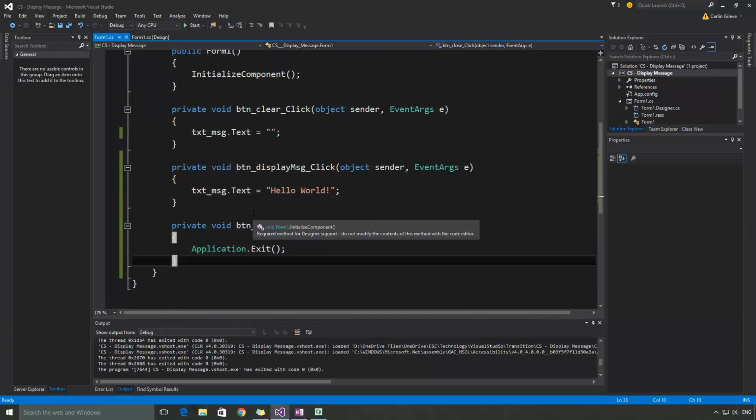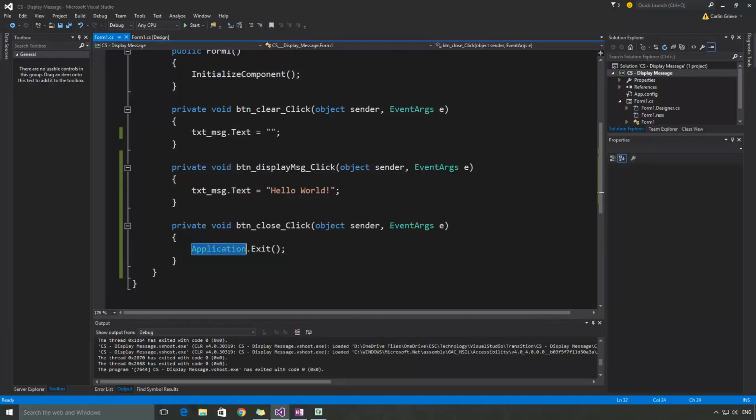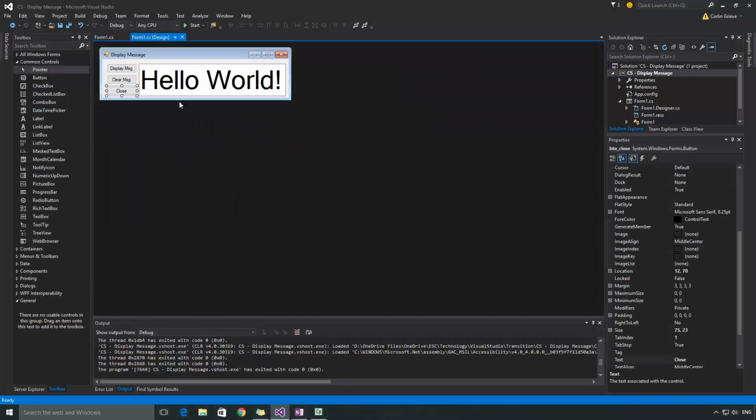So just be aware that those 3 lines of code is all we needed, but the one that's really going to get you stuck is this application.exit, because everybody always forgets the brackets, including myself half the time. If you want to push yourself, and the challenge for this task, although it's not part of your initial design,